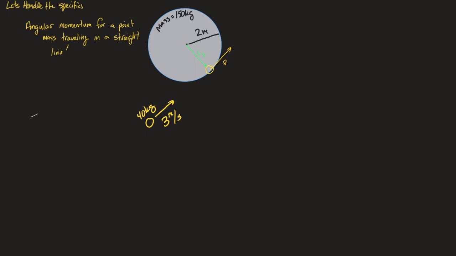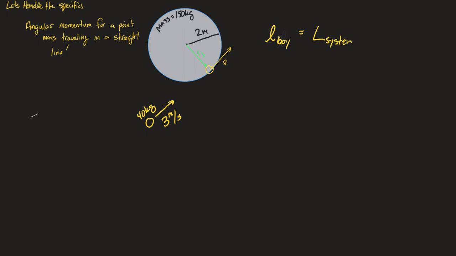In any conservation of momentum problem, you're looking for a collision. This is a collision. And in this case, the collision occurs because the kid is jumping on the merry-go-round. That's the basics of a collision. So let's go ahead and deal with the fact that it is a collision by doing our mathy math. We're going to say that the angular momentum of the boy is going to equal the angular momentum of the system